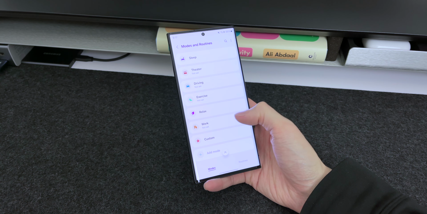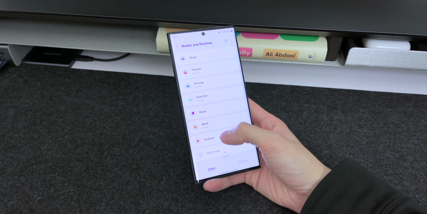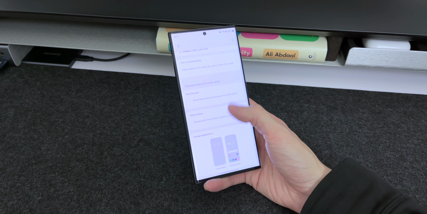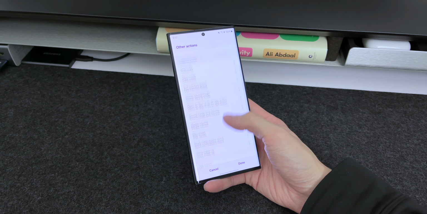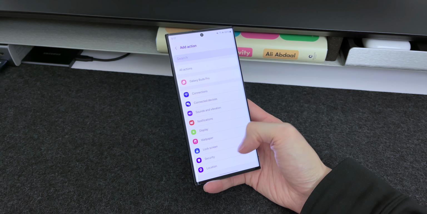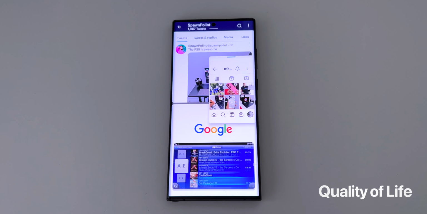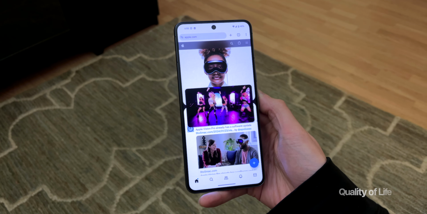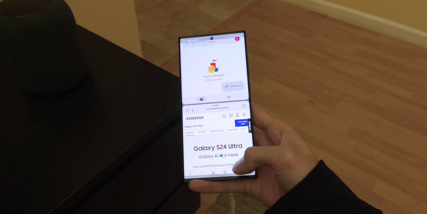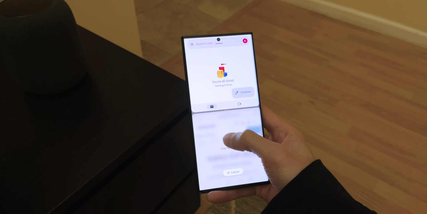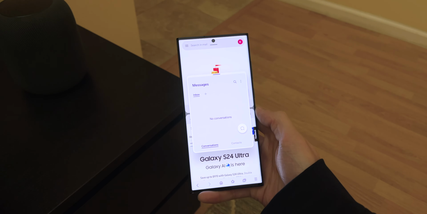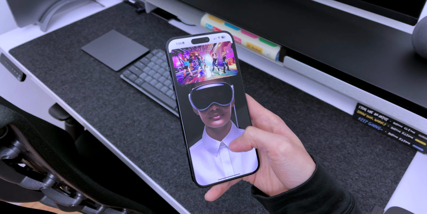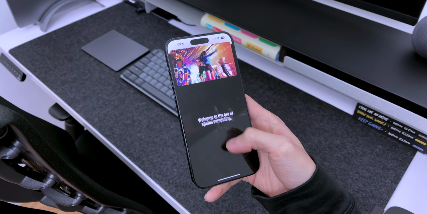One UI is pretty similar to iOS, which they call modes and routines. There are additional settings you can change like connections, display, and sounds, but there's no device syncing. Android phones have had multitasking for a while now. We have split screen and picture-in-picture on stock Android, and One UI takes it a step further by having a pop-up view and the Edge panel. iPhones only have picture-in-picture, but I don't really multitask on a smartphone anyways.